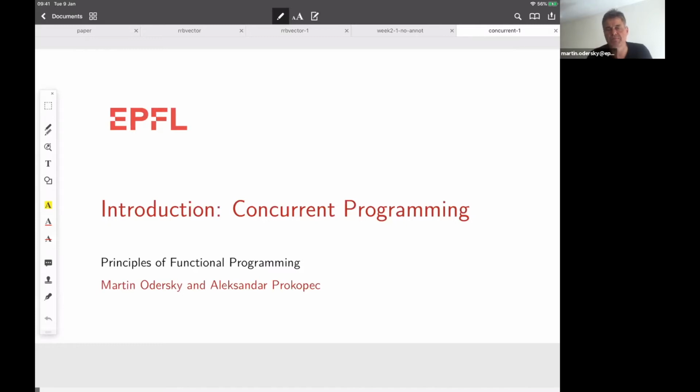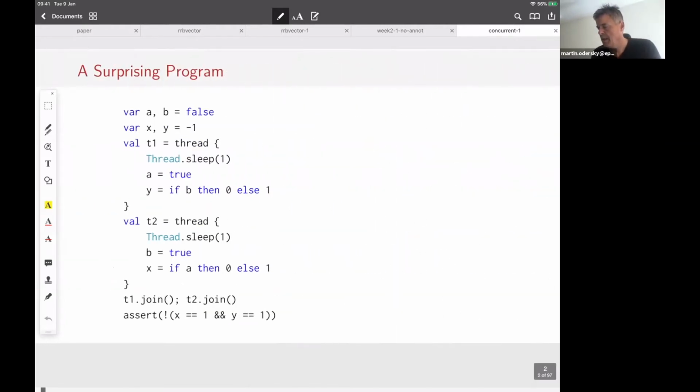Some of the languages might be more restrictive. For instance, if you look at Erlang, it has the so-called actor model. So the actors send each other messages. If you look at Go, then it's also message-based programming. And if you look at Rust, there's something called structured concurrency. But the low-level thing on which these more restrictive models build is, again, essentially the thread model, which is very, very general, and which we will learn on the following slides. So to motivate